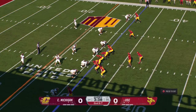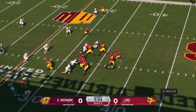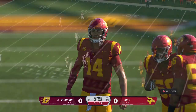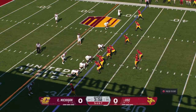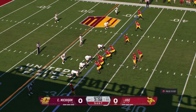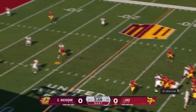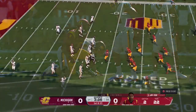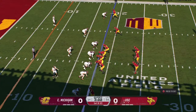They're dealing with a second and long. Back to pass, it's Mayava. And the pass is incomplete, jarred loose by the hit. They've got to come up with a big play on this third and long. From the gun, wants to pass. Fires to the middle. It's caught. The chains will move, and they'll have first and 10 from inside the red zone of the